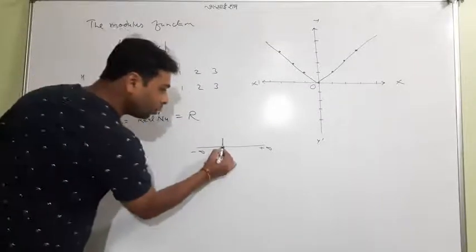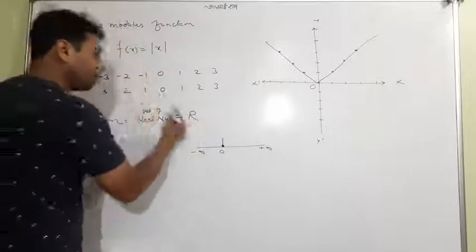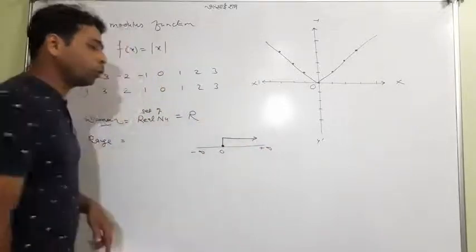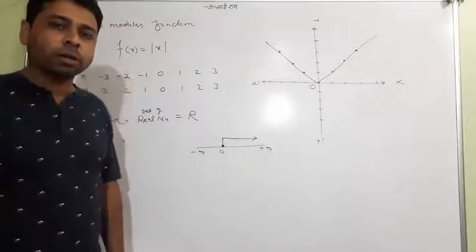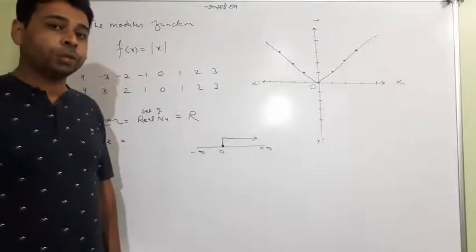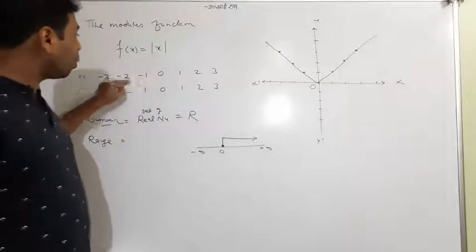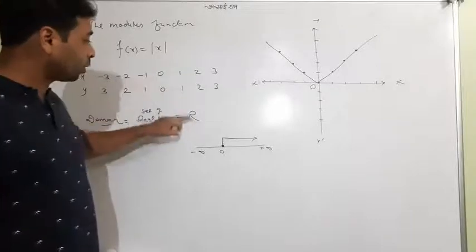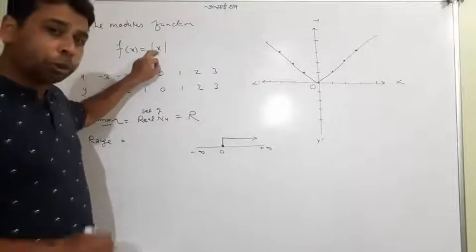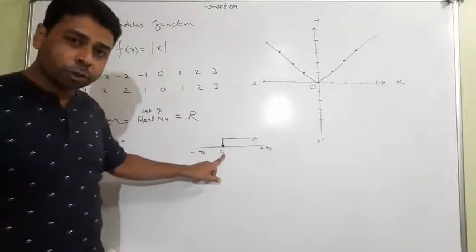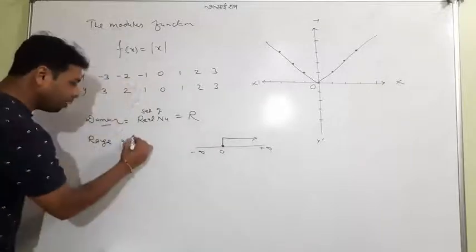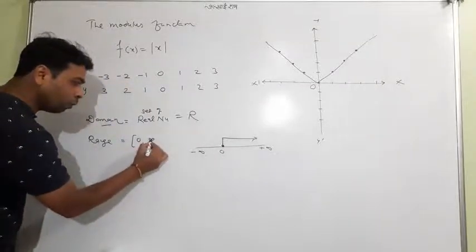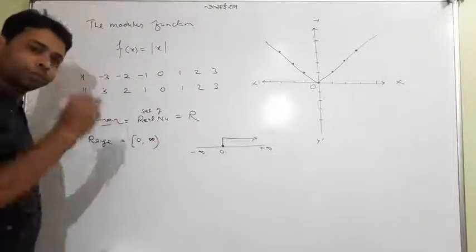So from 0, 0 can come, and all the possible positive values set is called the y, and y is a range. So on putting x, all negative, positive or 0 or the real number, you will get all the positive numbers beginning from 0. So the answer will be 0 to infinity. Hope you know this concept, the interval concept.